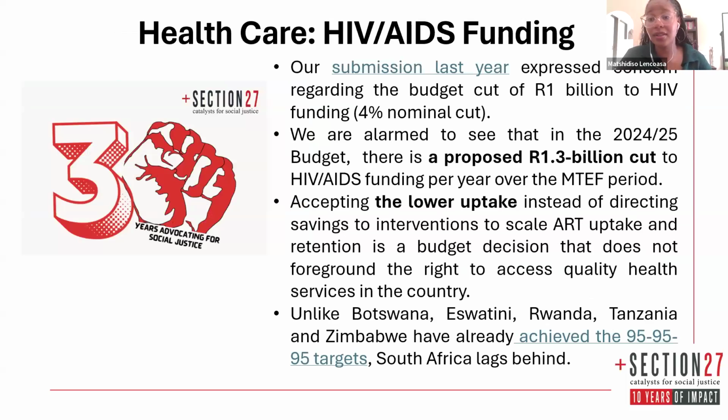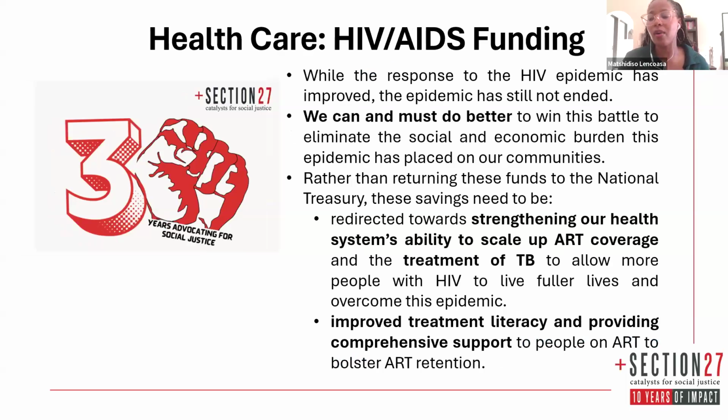So HIV received a budget cut, a shocking cut of 1 billion last year. And this year, next year, and the year after, they will be cutting the budget by 1.3 billion rand per year. And they say it's because it's cheaper to get antiretroviral treatment as a country. But we've long argued that we're so far from reaching our 95-95-95 targets, unlike our neighboring countries, that these savings shouldn't be returned to Treasury, but should be used for scaling up antiretroviral treatment,